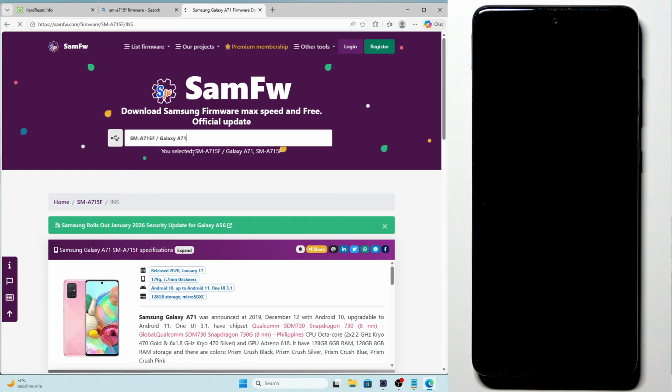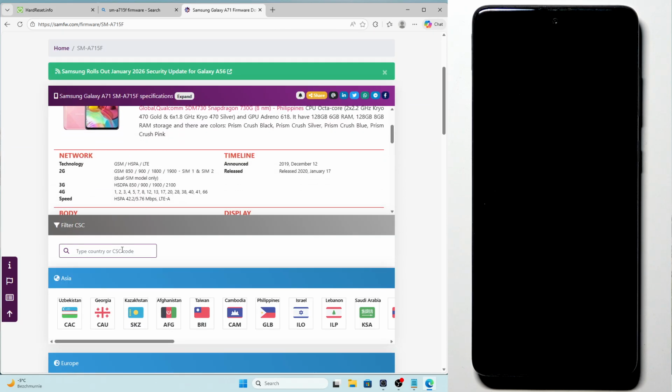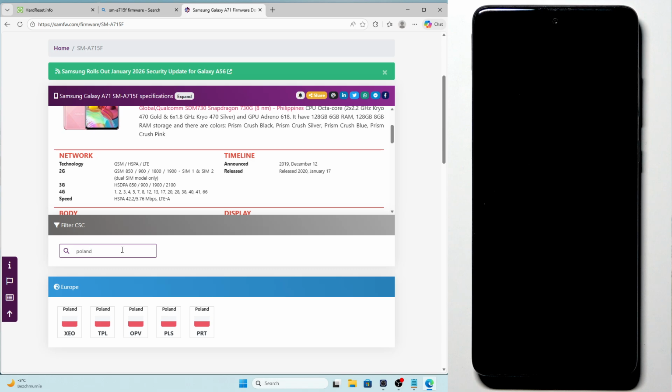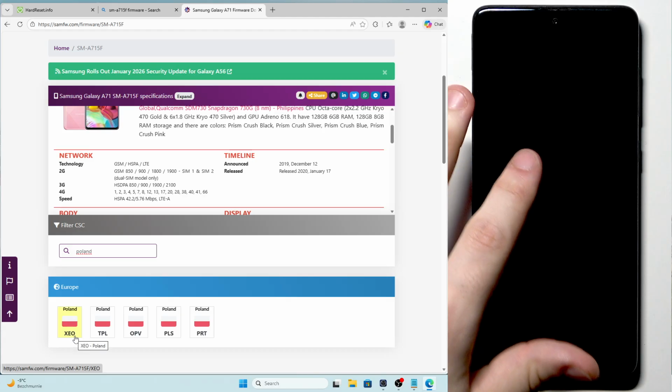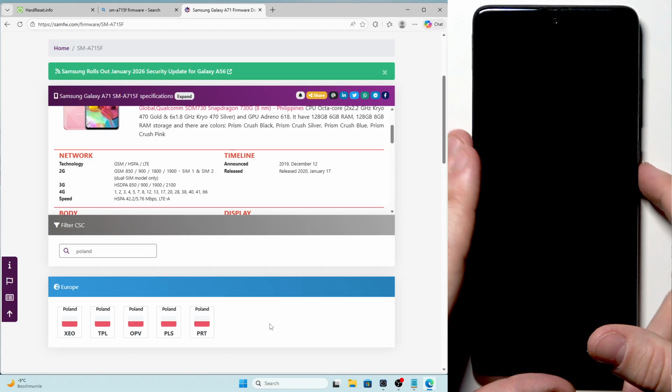A71 5F. Okay. Scroll down, type your country or CSC code. In my case, I'll type Poland, and in here we have a few versions. The XEO is non-branded version of the phone, and the rest of those possible options are branded phones. Because in Poland,